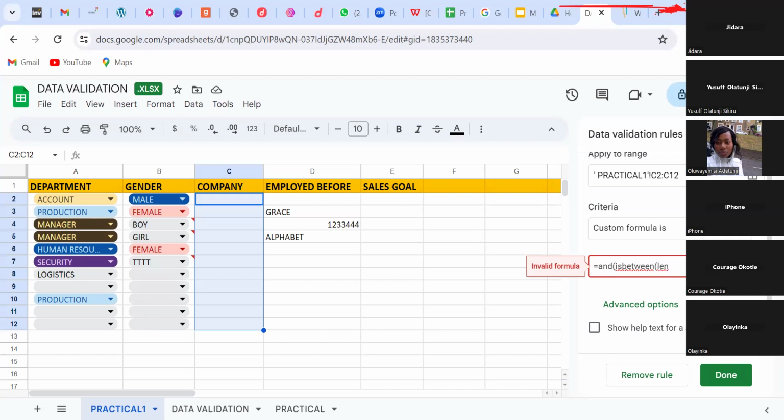So the next thing we want to do is that now we want to also introduce text. If it is not text, don't accept it. Only accept this if it is only text. If it is numeric,